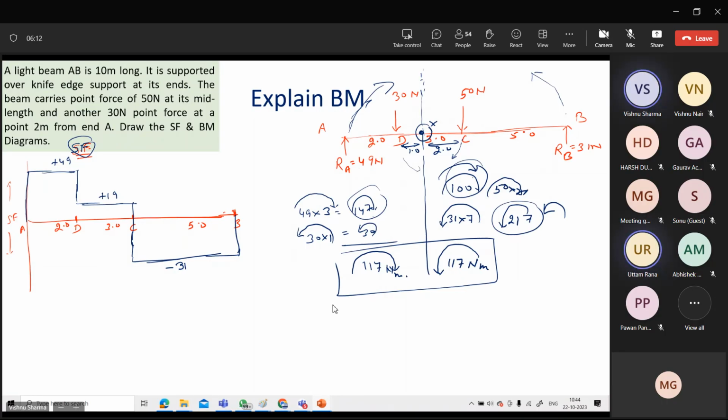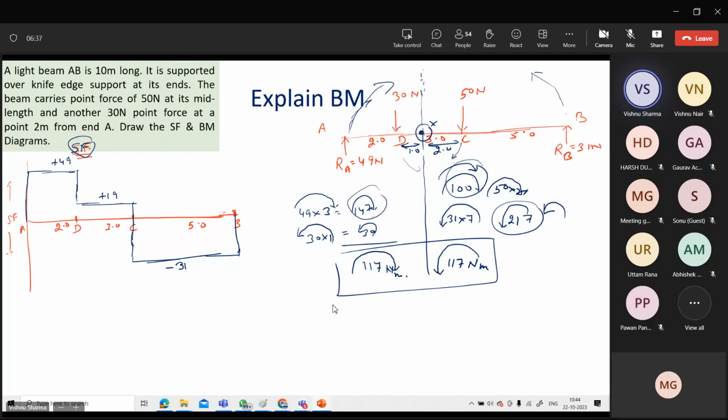And then this upwards, so it is 30, causing a clockwise movement, right? Yes, sir. Then 30 meters into distance 1 at point D, and that is causing anti-clockwise movement. And now if we go on the right side, it is 15. So the resultant is 117 clockwise to the left side. Yes, sir. And now likewise, do the forces on the right side by yourself and see where